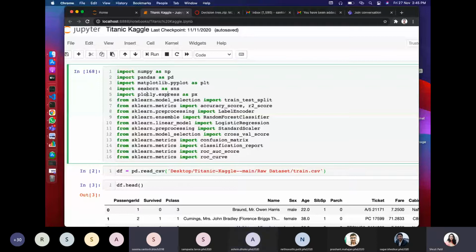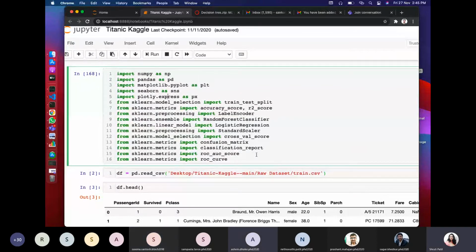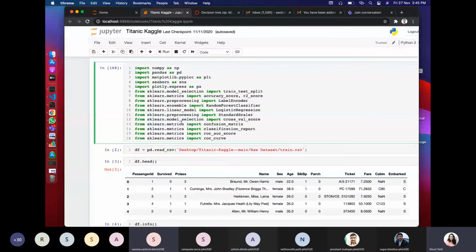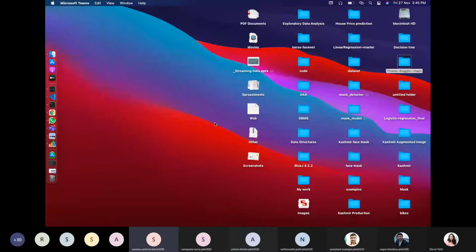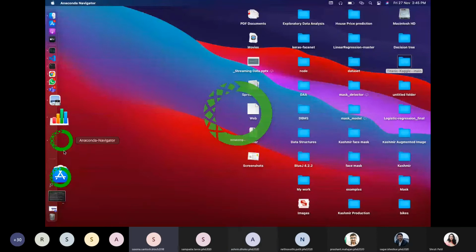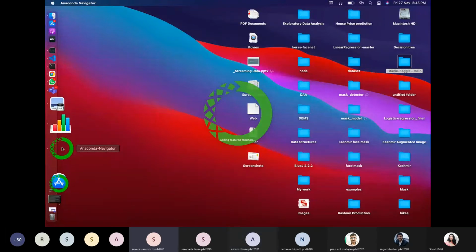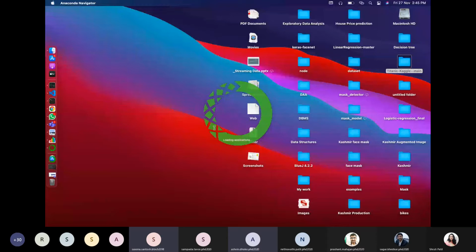First, let me tell them what Anaconda is, because in the morning I forgot to mention details about it. Anaconda is a framework where you can get all the possible IDEs and tools related to data science. This is what Anaconda looks like. You can directly search for Anaconda download and you will get the updated version, and this sort of application will be on your screen.